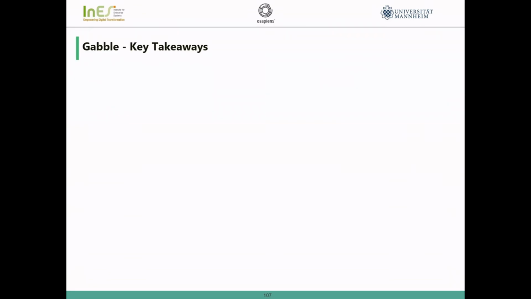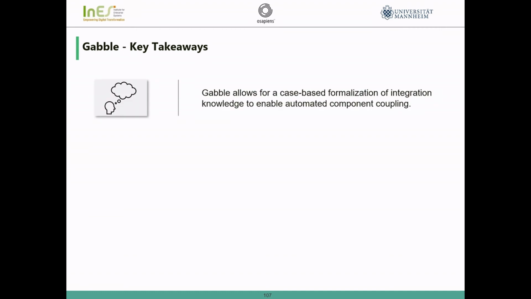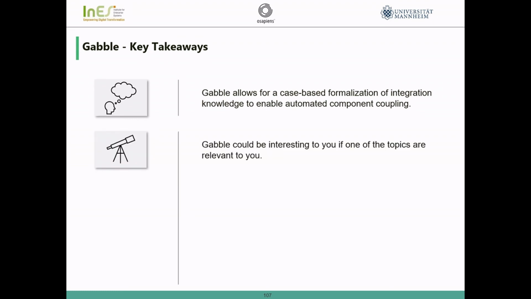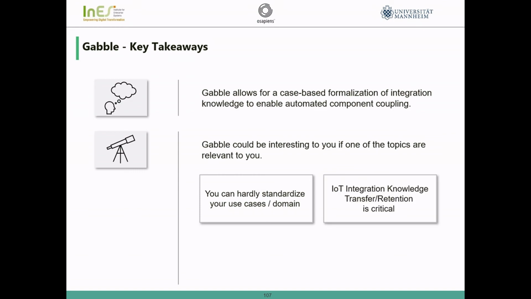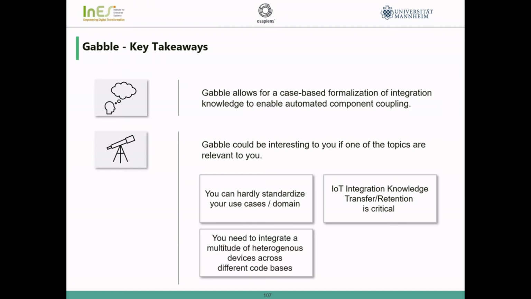What you should remember from this tool: Gabble allows for case-based formalization of integration knowledge to enable automated component coupling. And Gabble might be interesting to you if one of the following topics are relevant to you. You can hardly standardize your use cases or your domain. IoT integration knowledge transfer and retention is critical. You need to integrate a multitude of heterogeneous devices across different code bases, and you want to ultimately implement plug and play for your IoT